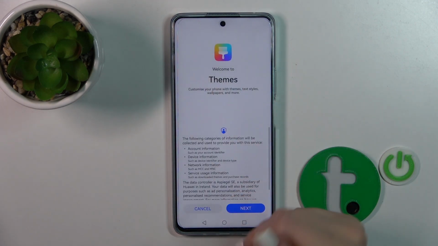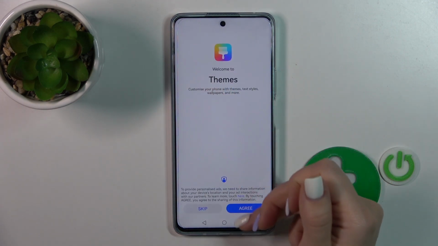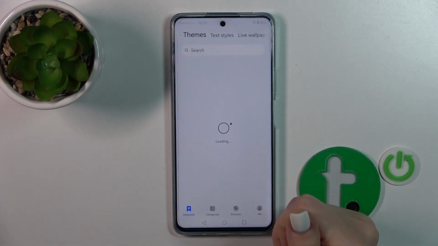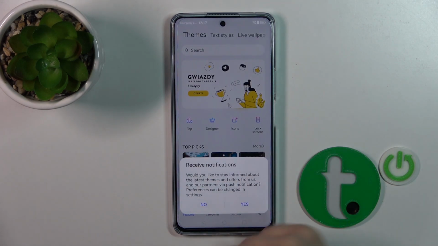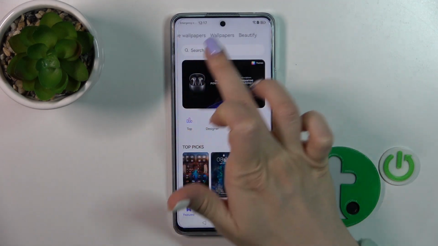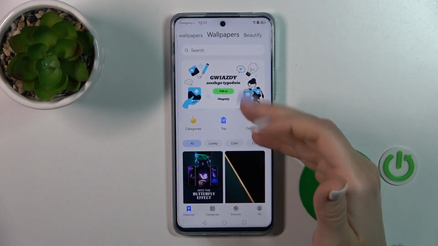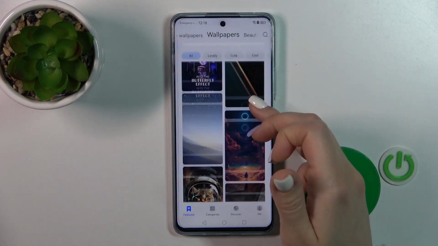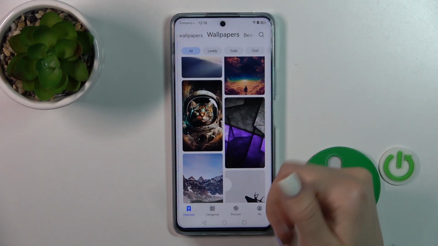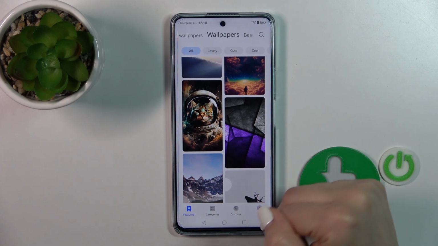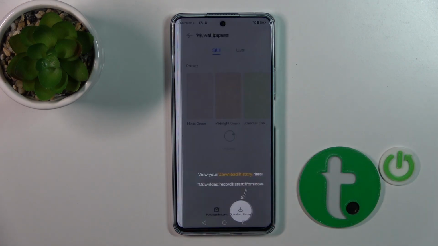But to use it, be sure that you are connected to the internet or mobile data. So open this application. Here you could use the online wallpapers. If you want, you could get the free wallpapers from here. Also, if you want to use the default wallpapers on your device, switch the feature to Me, tap the wallpaper